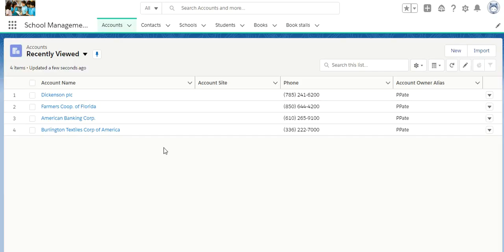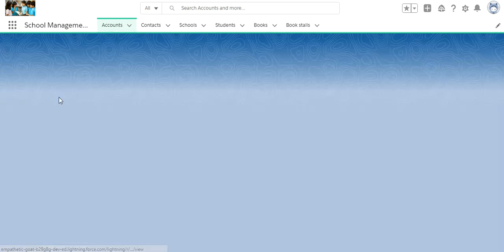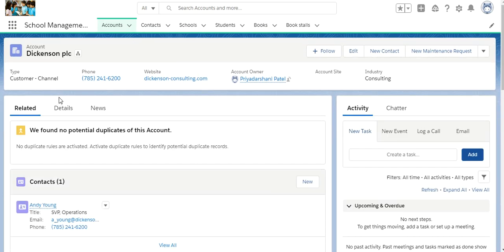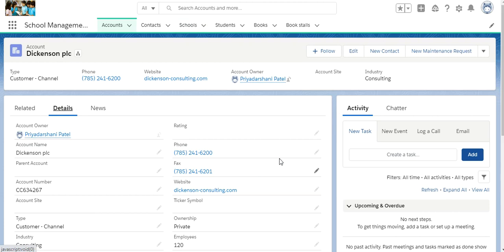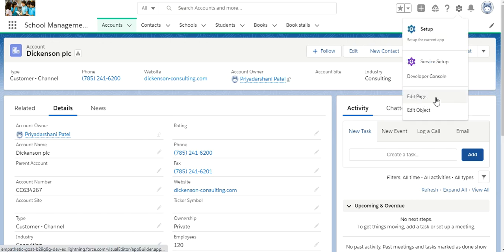Okay, so for now I am in my org, and here you can see I am on the account object. I'm just going to open any one of the records, and here you can see this is the detail page, meaning the record page, and we can edit this page using Lightning App Builder. So we can use Lightning App Builder in Salesforce in two ways. First of all, we can directly go to the Lightning App Builder by clicking edit page, and otherwise we have to go to the setup,